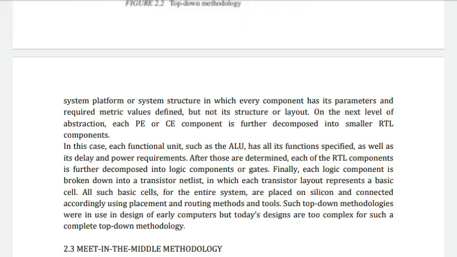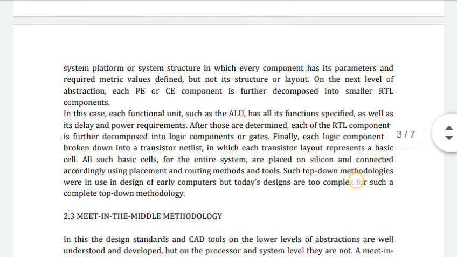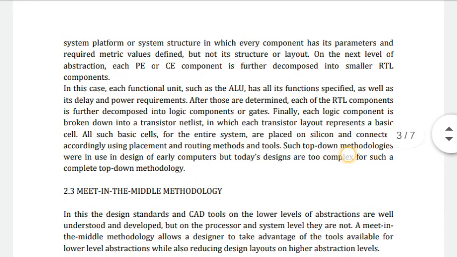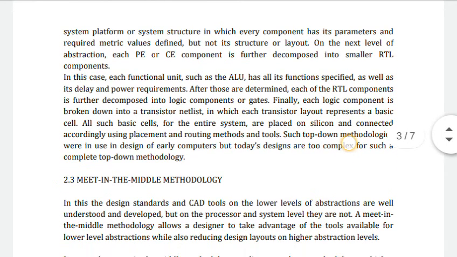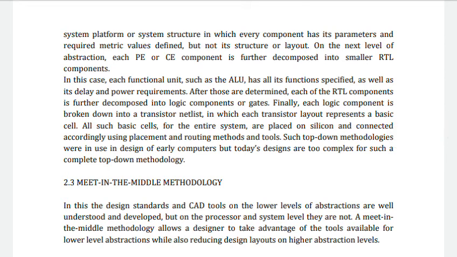That is, on the next level of abstraction, each processing element and communication element component is further decomposed into smaller RTL components. In this case, each functional unit such as an ALU has all its functions specified as well as its delay and power requirements. After those are determined, each of the RTL components is further decomposed into logical components.